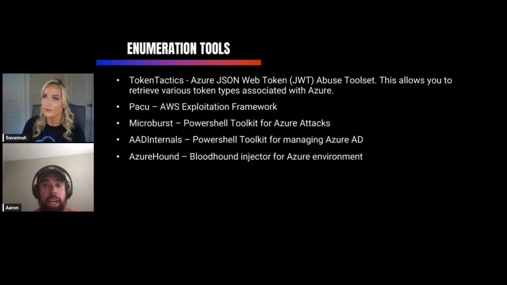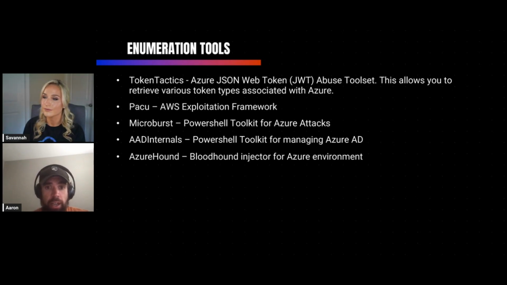Pacu is an AWS exploitation framework. It has over 35 modules, I believe. It's very robust. It can be used from a penetration perspective to find privilege escalation paths, but it can also be used from an auditing perspective if one was looking to audit the roles and permissions and identify any attack paths in their environment. One of the other cool things with Pacu is you can use it for obtaining GUI access with access tokens. It will transfer that into a GUI that can be used to access AWS if you didn't want to use the CLI.